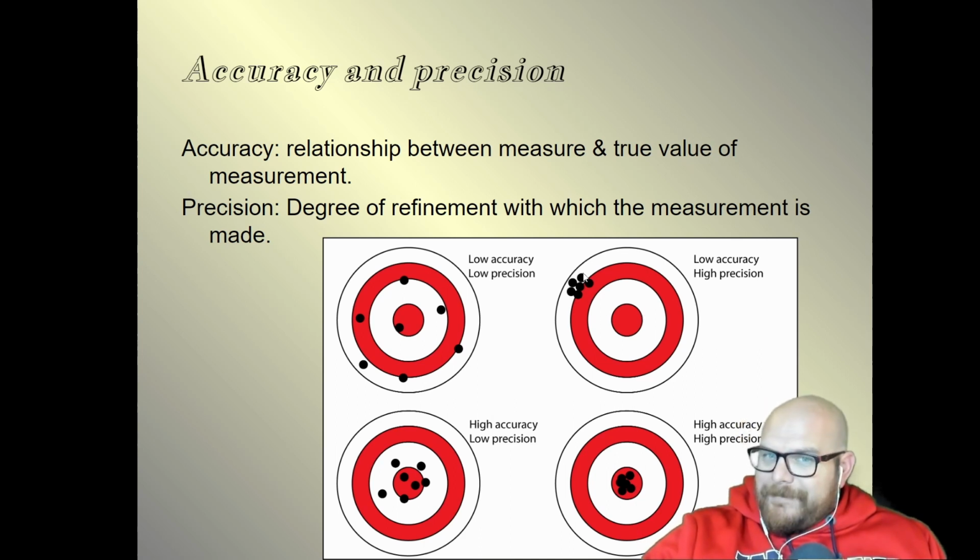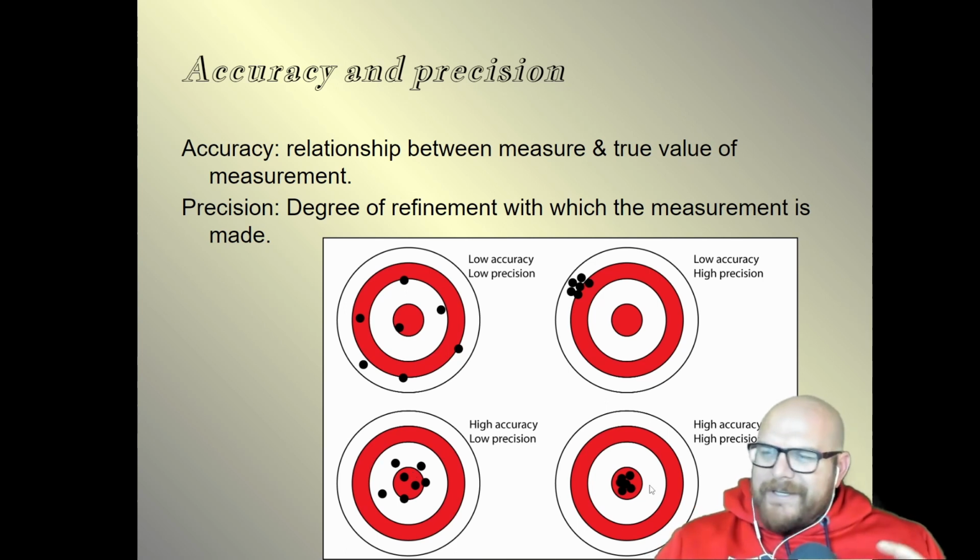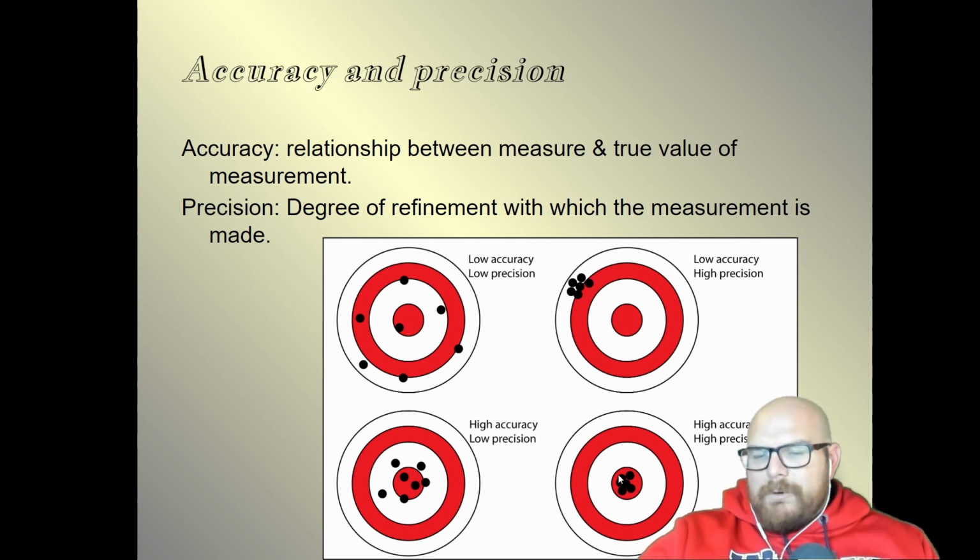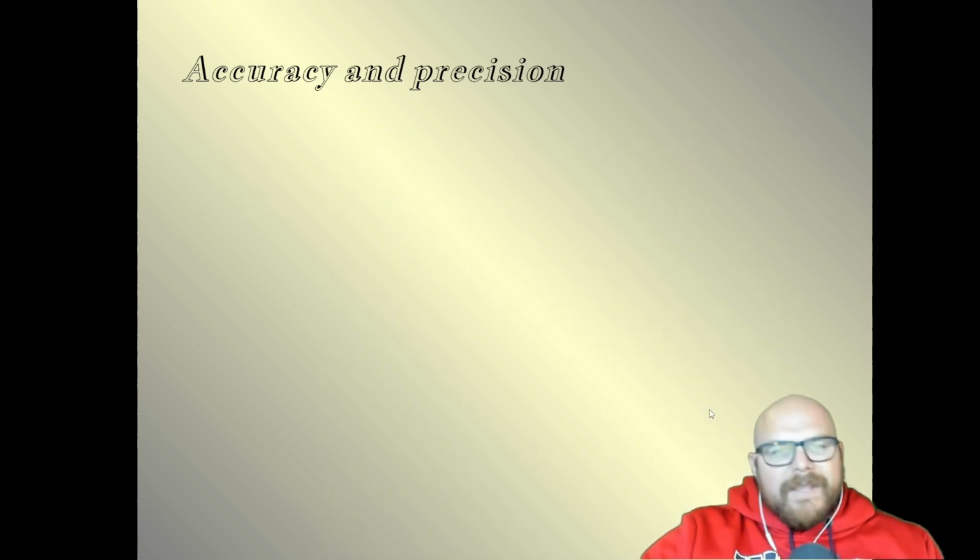So we have a high precision, we just have a low accuracy of where it's actually at. On this one, we have a high accuracy and low precision. You can see that a lot of them are pretty close to the center, but they're not a really tight circle, right? And when we get to this final one, we really see that high accuracy, high precision. So we've got small grouping, and we want accurate stuff. So when we're dealing with surveying, this is really what we're looking for, both accuracy and precision